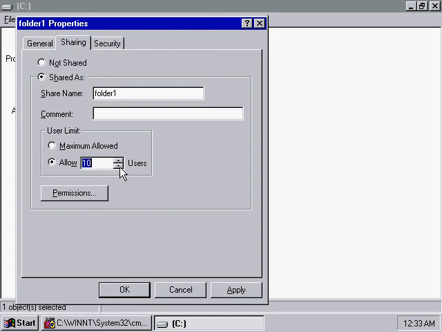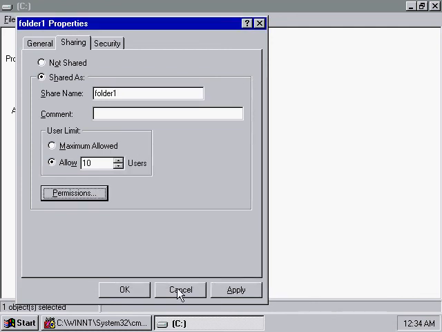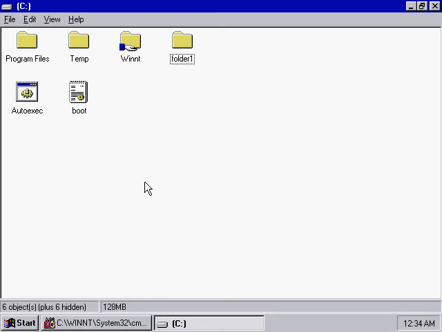You can define permission to this folder also by clicking the permission button. Here everyone has full control. Click OK. Refresh.